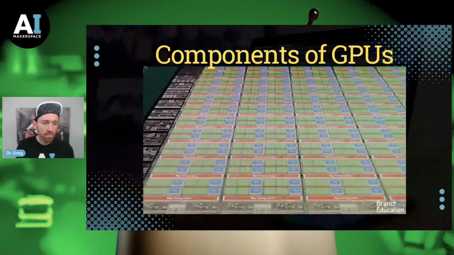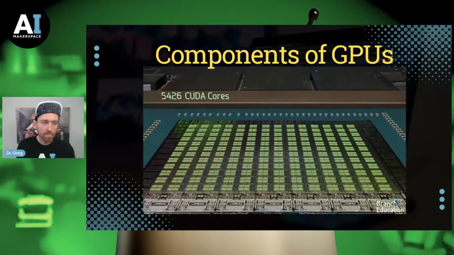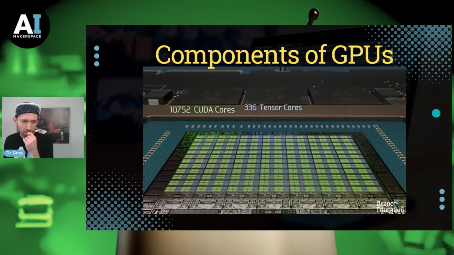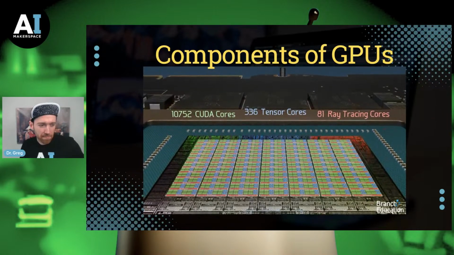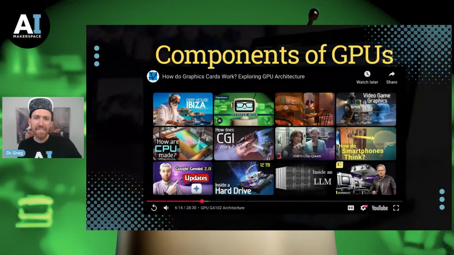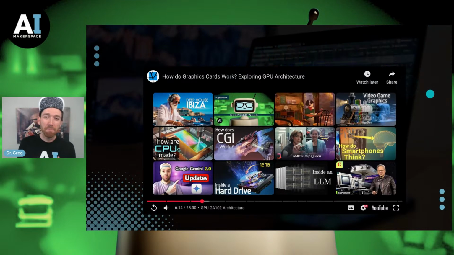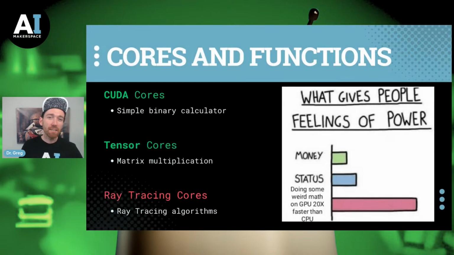Across the entire GPU are 10,752 CUDA cores, 336 tensor cores, and 84 ray tracing cores. Easy, right? Super easy. All right, you guys catch all that? You've probably heard of the idea of a CUDA core, but you have to zoom in quite deeply to get to CUDA cores. And you can see we're optimizing in a FlashAttention 2 thing, right? At that warp level, which is above the CUDA level.